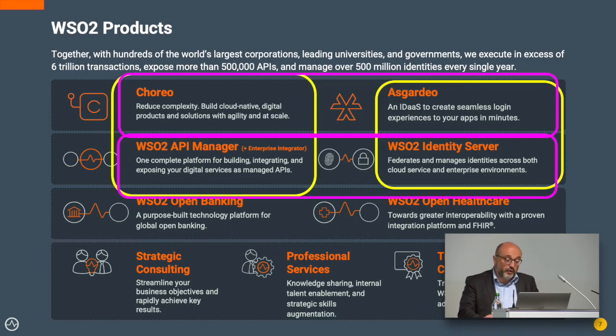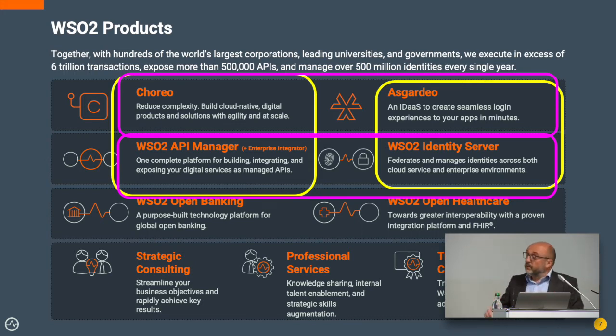The other area which we cover is identity and access management. For that we also have a cloud offering, called Asgardeo, which is identity as a service, and the open source downloadable product, which is WSO2 Identity Server. So as you can see, we have a change in the point of view.